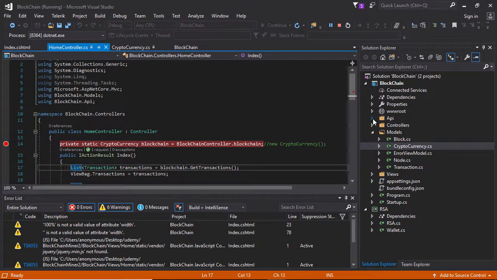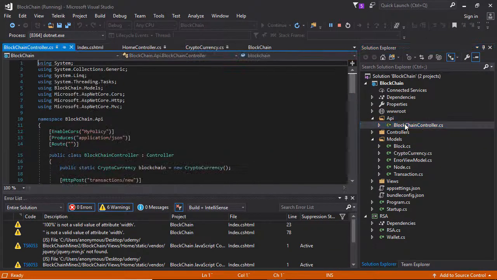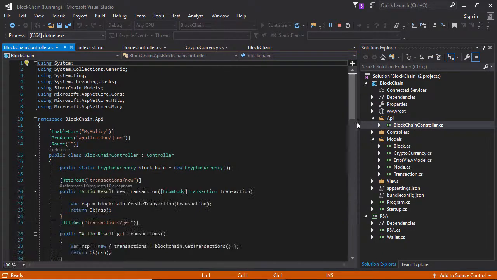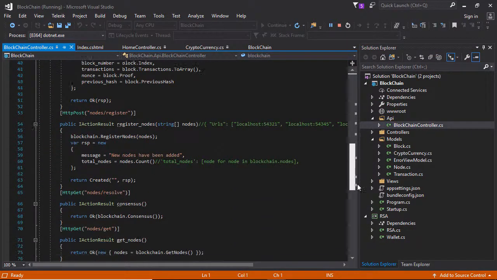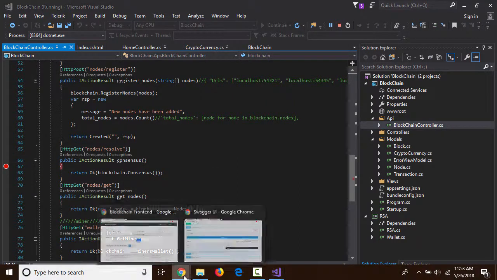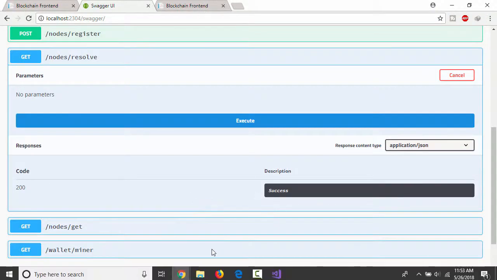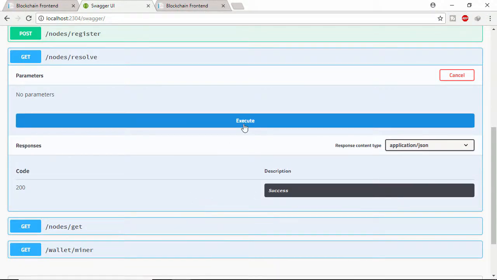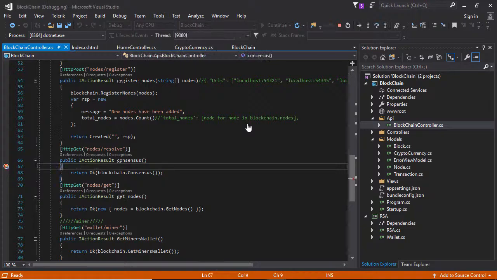Going to this second miner API, blockchain controller, close this one, scrolling down, consensus. Now click execute. This is the second miner, sugar. Click execute here. Let's step into,